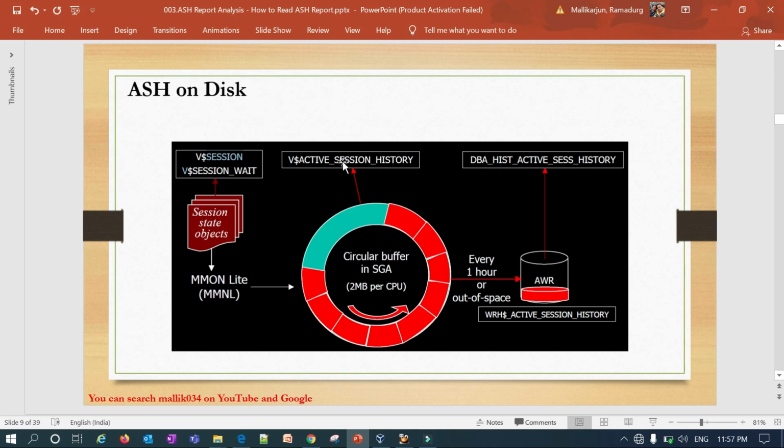You can find it in V$ACTIVE_SESSION_HISTORY, and from this circular buffer I'm going to write into DBA_HIST_ACTIVE_SESS_HISTORY.